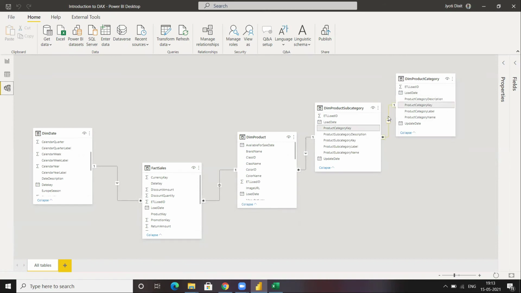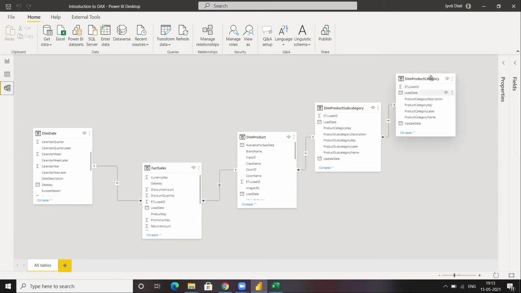Now if I hover over this link, this line which exists between product category and product subcategory, I can see that dim product category is on the one side of the relationship, and dim product subcategory is on the many side of the relationship, right? And the key column is actually product category key.